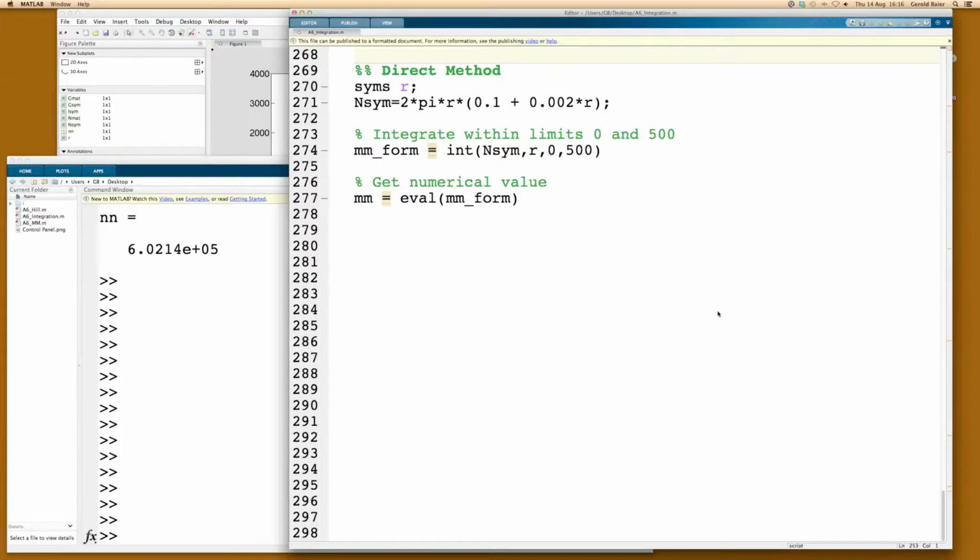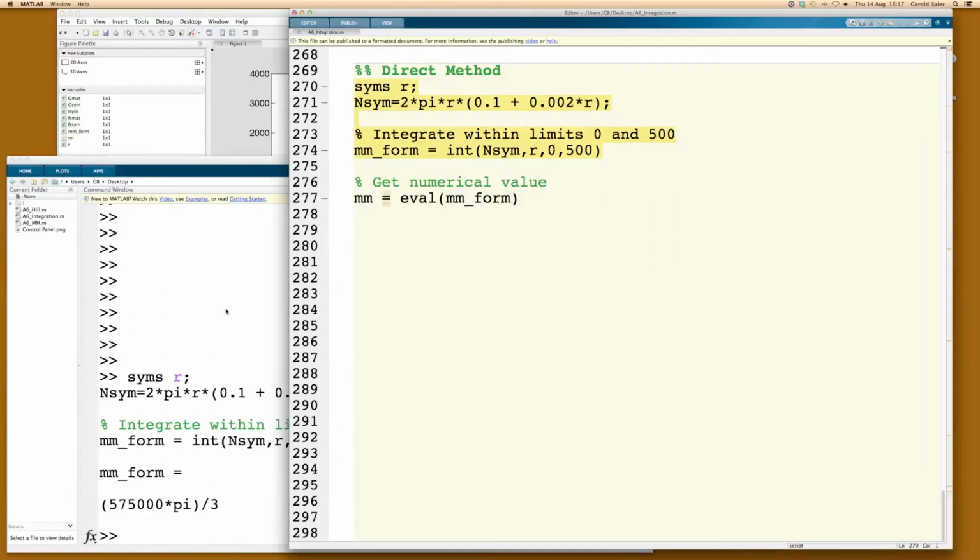It's actually possible to get directly the numerical output from the symbolic manipulation. And here's how to do it. As before, we have to define our symbolic variable, have to define our function, which is nsim in this case. And then we perform int not only on our function nsim, choosing the radius r as a variable, but we specify, separated by commas, 0 as the lower limit and 500 as the upper limit. And if this is done correctly, we'll get immediately